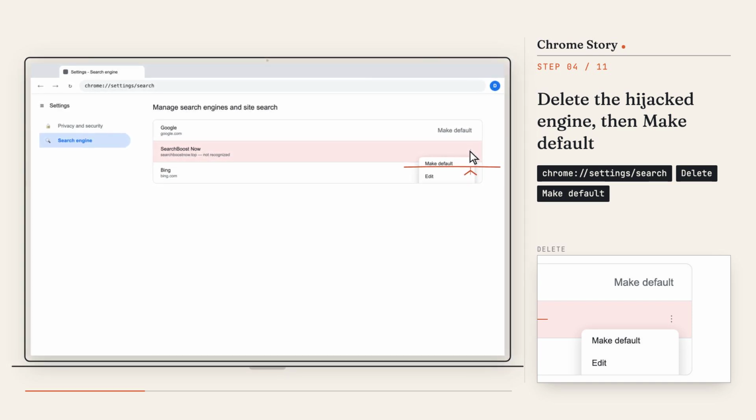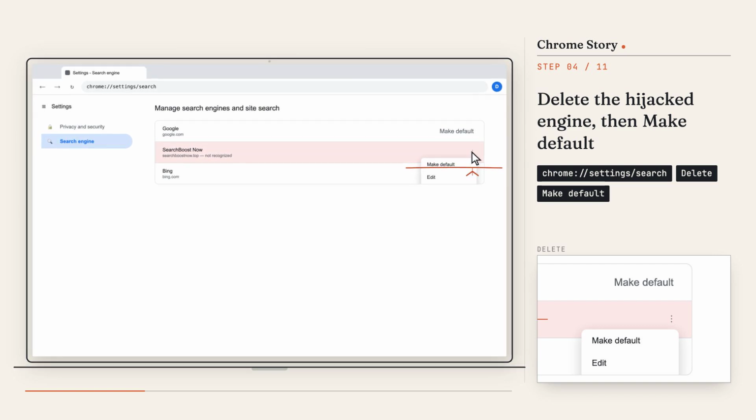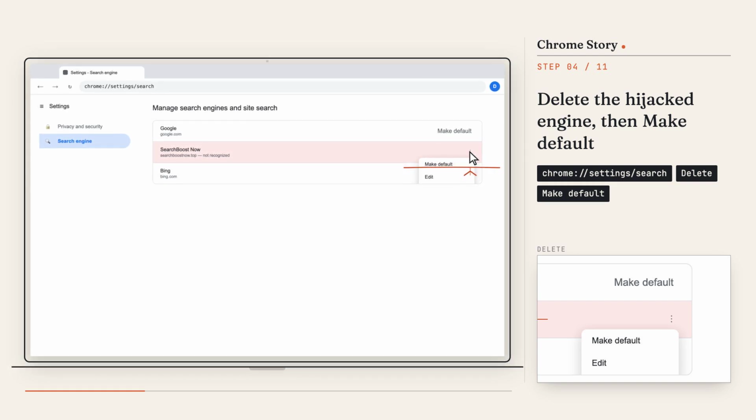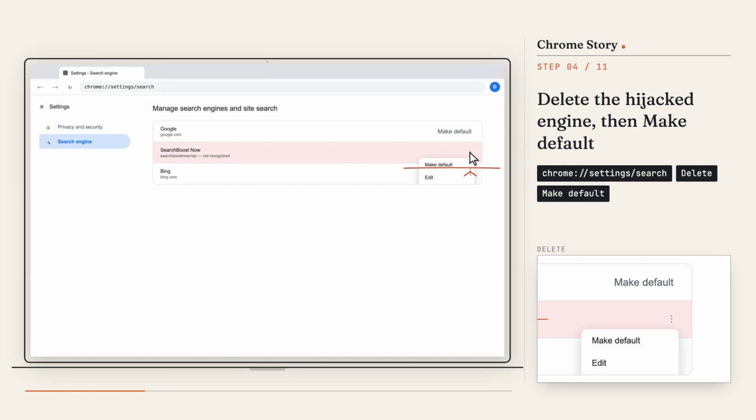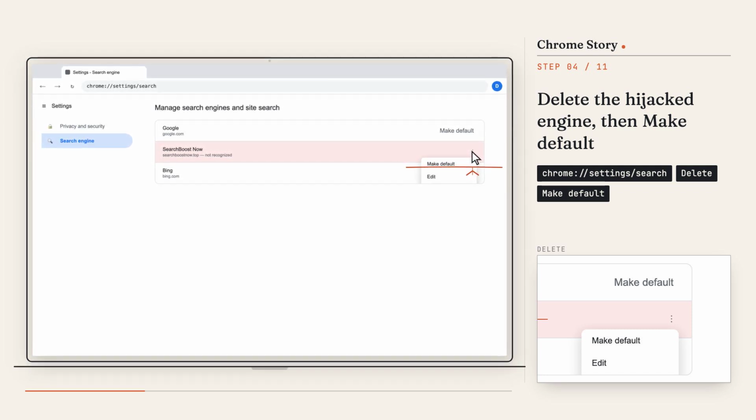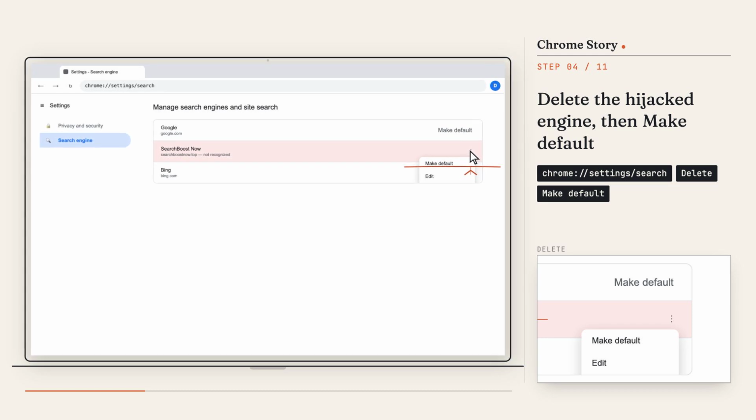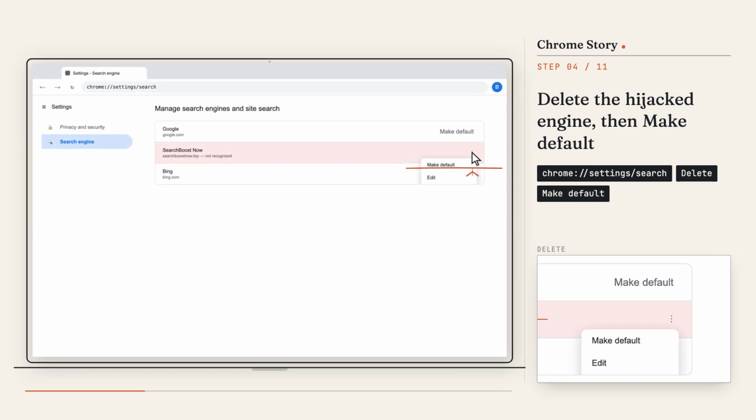Chrome://settings/search. Under Search Engine, click Manage Search Engines and Site Search. You are looking for an entry you do not recognize, sitting where Google or your usual engine should be. Open its 3-dot menu and choose Delete. Then find the search engine you actually want. Open its 3-dot menu and choose Make Default. This step matters on its own because a hijacked search engine can survive an extension removal if it registered itself